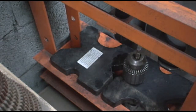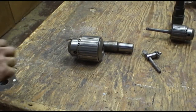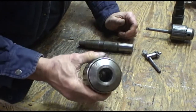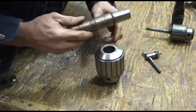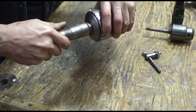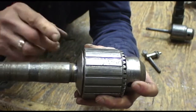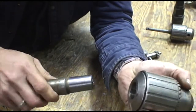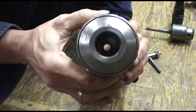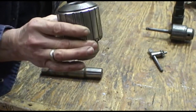So, that was successful. Alright, so we were able to get this out of here. Wow. If you look, you can see how far in it actually gets, forced in to hold the chuck. But it did come out. There is a hole through it which allowed us to punch it out, and that's pretty much the easiest way